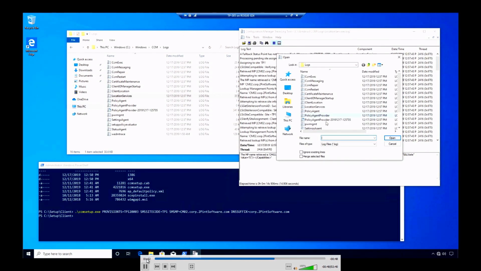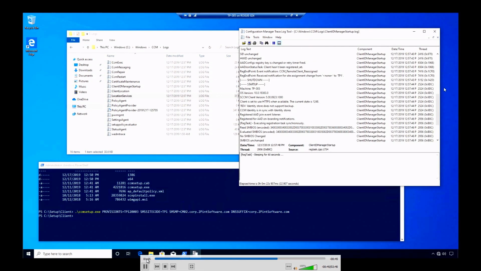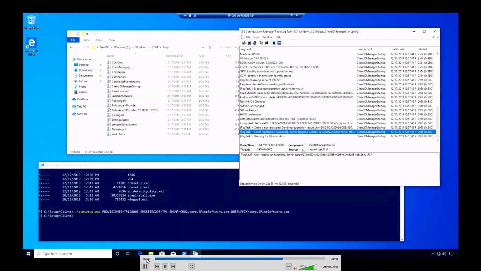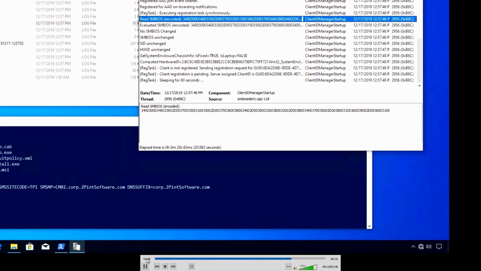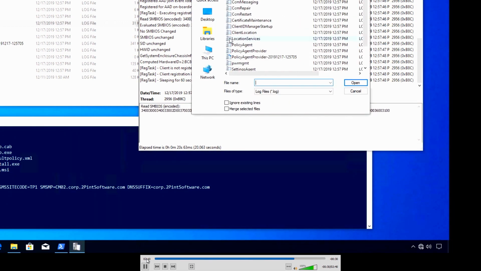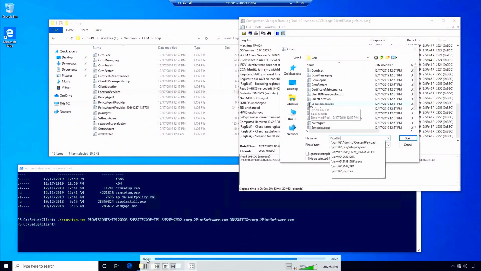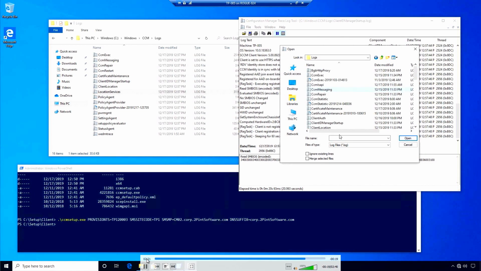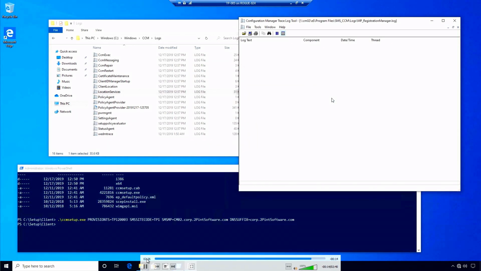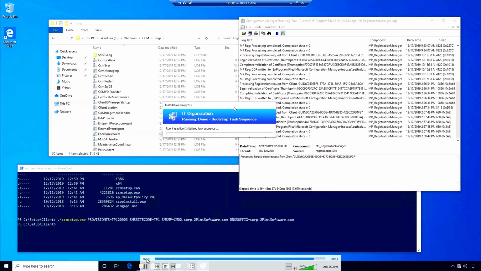The other log file we want to take a look at is the ClientIDManagerStartup log file, because in this one, we will be able to see that the client starts the whole registration process. So basically sending this information up to the management point. So now we can actually go to the server side and look in the MP_RegistrationManager log file. So Program Files, the MP location, the logs, and MP_RegistrationManager. And here I'm simply looking for the same ID ending on